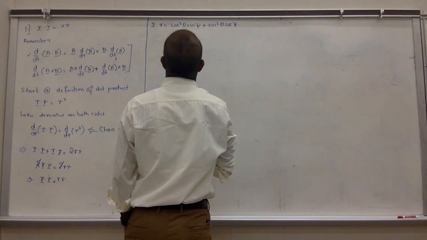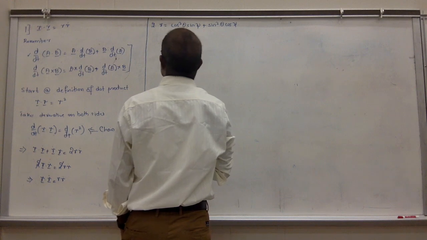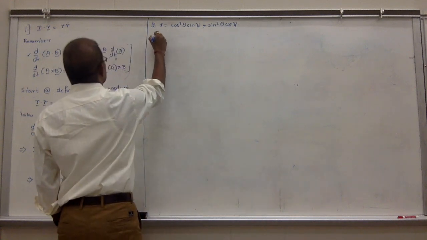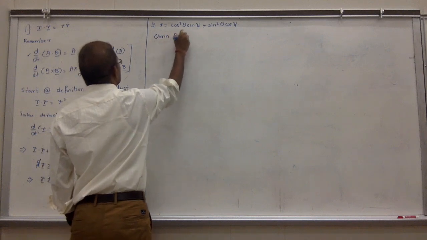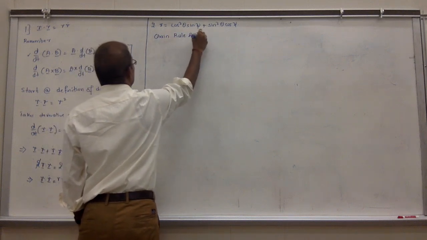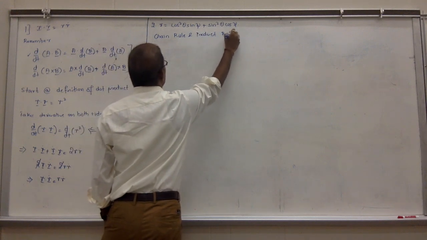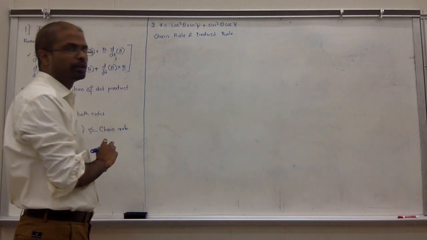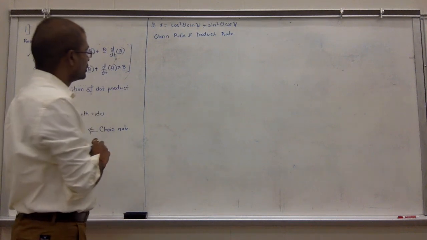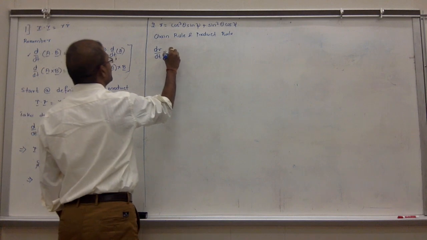So here it's all chain rule and product rule. You have to remember the chain rule and the product rule. Okay, you need to know how to combine these or what they mean. So you're asked to take dr by dt, right? This would be equal to